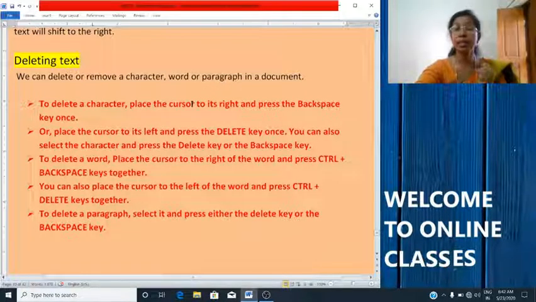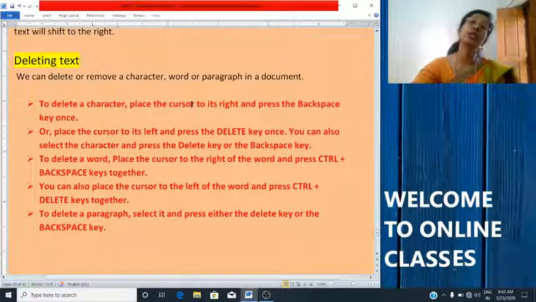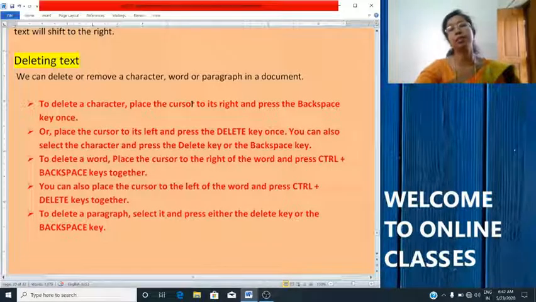The delete key deletes text to the right of the cursor, and the backspace key deletes text to the left of the cursor.